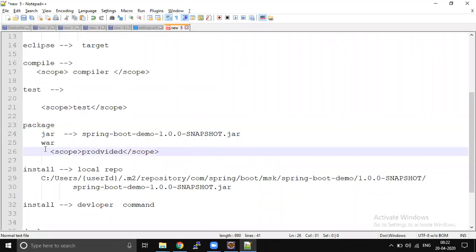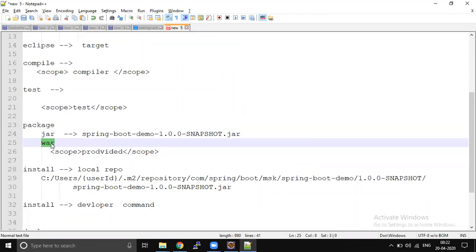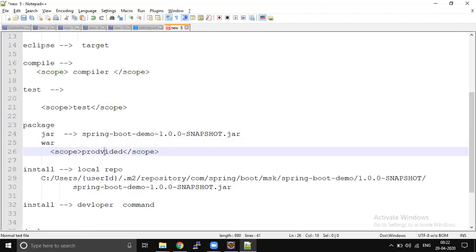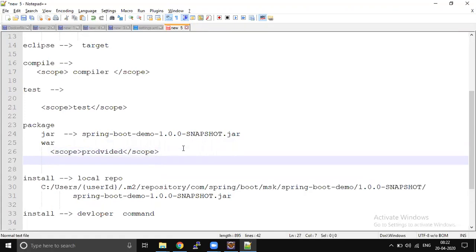For example, you are creating a war file, right? Whenever this war file is going to be created, the jar you mentioned with scope provided won't be packaged inside. I hope you know the war file package structure, right?